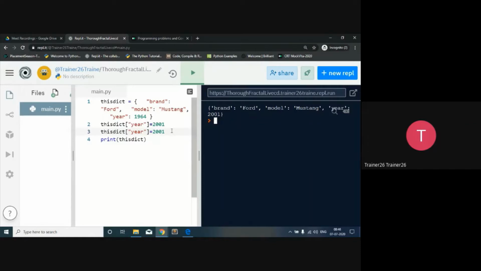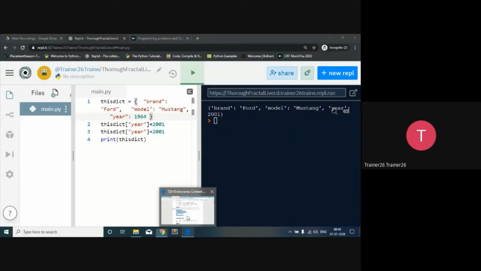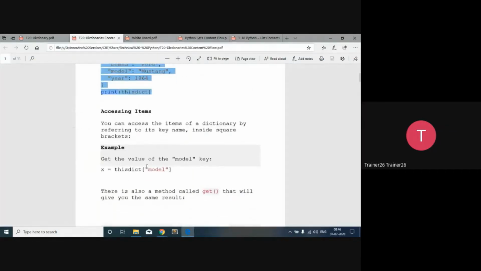So right now, for a particular concept, this dictionary is going to have a key and its value, and for a key we can assign a particular value, so we can change that particular value over here. Clear? Now the next fundamental regarding it: if you want to access a particular item, you can access that item with the key only. For example, I want to access a particular item and identify the value. So how am I going to identify the value?